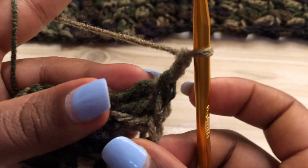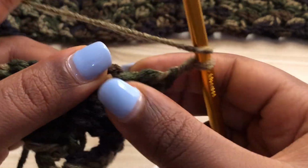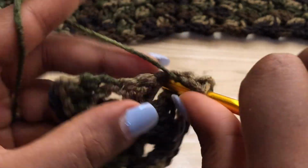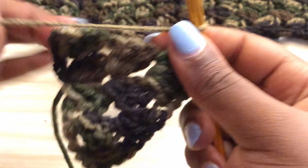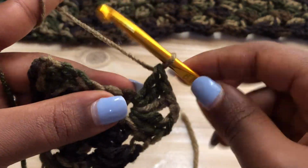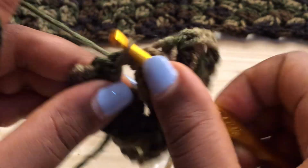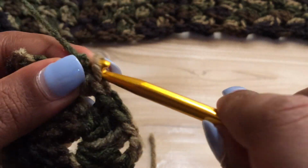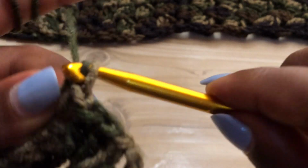chain 2, back in the same space you're going to make 3 double crochets, and by doing that we are making a shell here, and this is going to be the point of our bra cup. Okay, there you go. Yarn over, skip 3, make 3 double crochets into the next space, make 3 double crochets, that's 2